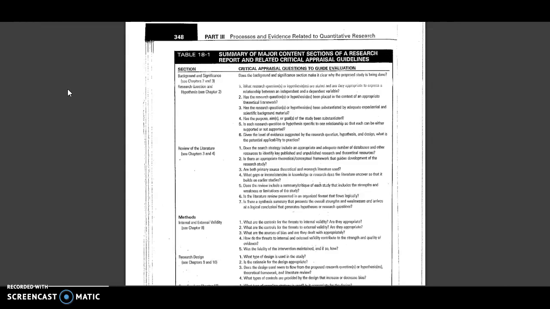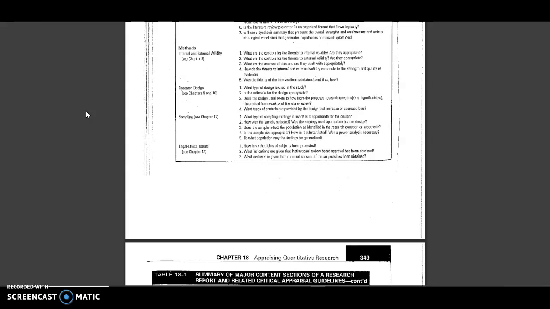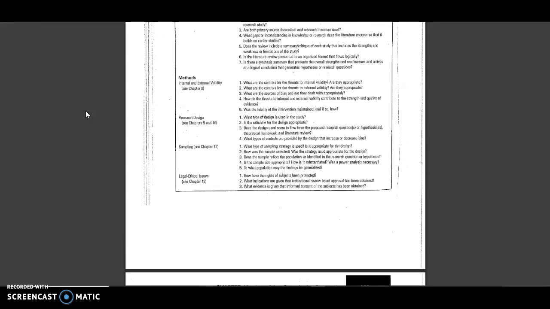We want to make sure that everything that you do within the course is pertinent to your practice and will help you as you're building your acumen, so to speak, as an MSN prepared nurse. So be very deliberate about what you choose and what you look at that will help you in your particular practice. So with that being said, this article does go through the sections of the different research articles and some